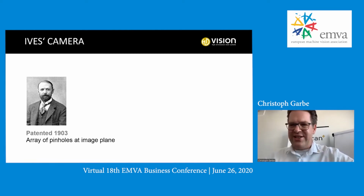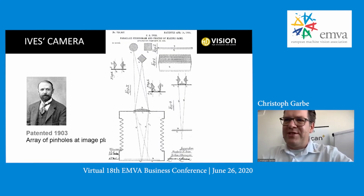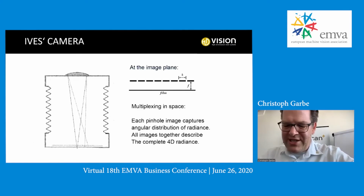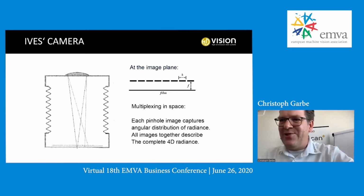If you go to the next slide, there is a small picture of this. So this is an image from his patent, and you can see that there is a lens that captures the light, and then this is imaged on the image plane using an array of pinholes. And the idea was then shown on the next slide. You do a multiplexing in space. So basically, as you can see, the images are captured from each of these pinhole cameras on the film. You have a sensor pitch, basically, or pitch of these pinhole cameras by a distance of b, and this then